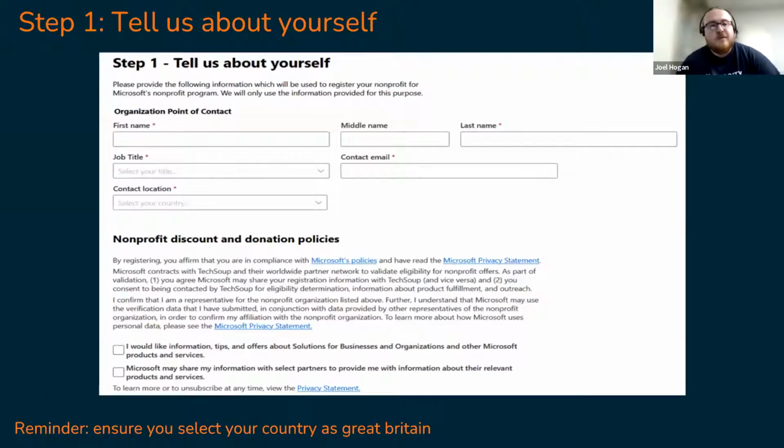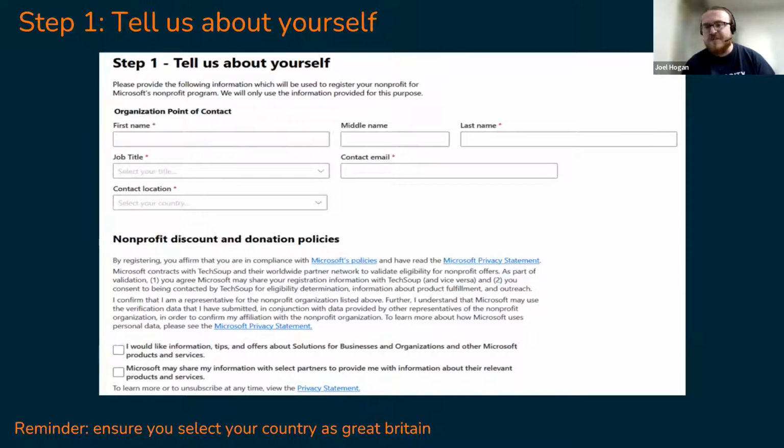So this is the beginning of the form. Well, don't need to spend too long on each of these forms really, it's just filling out the various bars. So this is a point of contact first. Just a couple of points I would say for a contact email. As basic as it sounds, just please ensure you're using an email address which you do have access to.